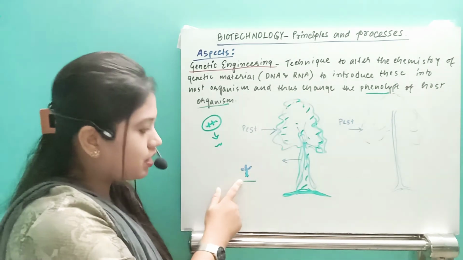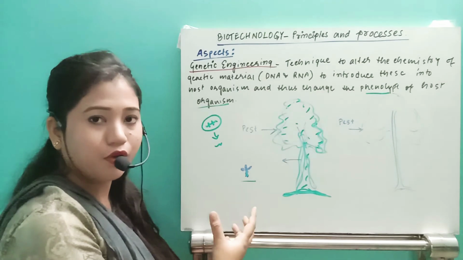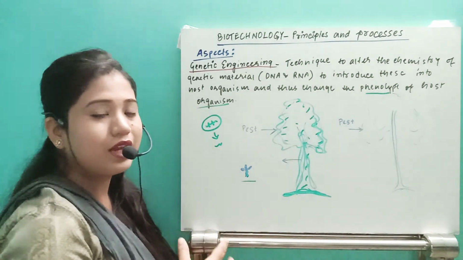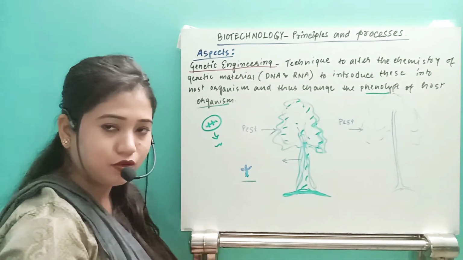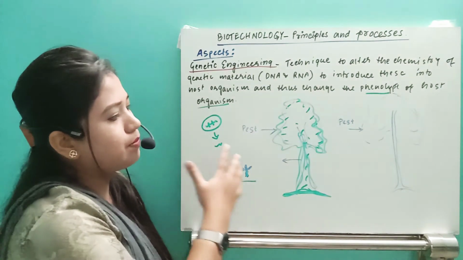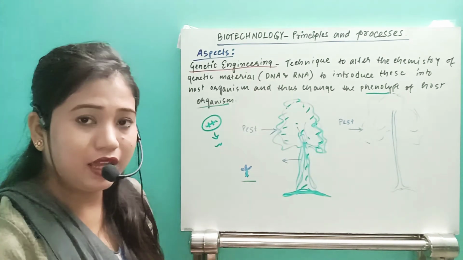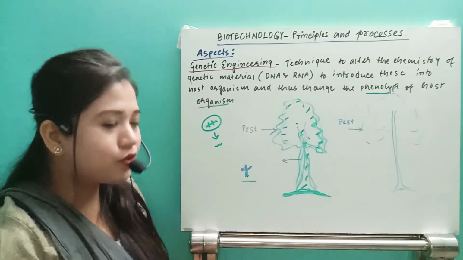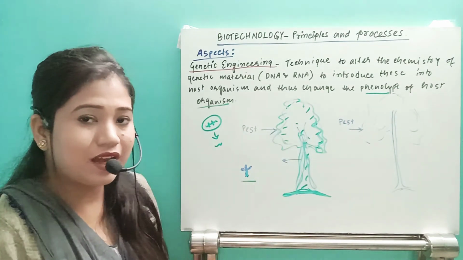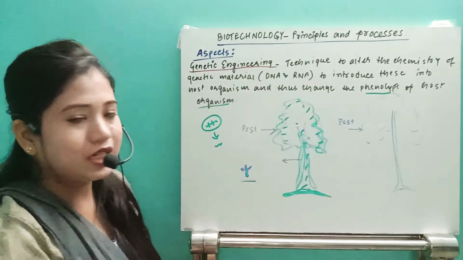Then after that, whenever that plant sapling grows, it will have its product throughout the body. That means it will be present in the leaf, in the stem, as well as the root also. Whenever the pest comes and takes this plant product, or the leaf or the stem or even the root, then it is able to express its character, and it will die. Okay, so that is genetic engineering.